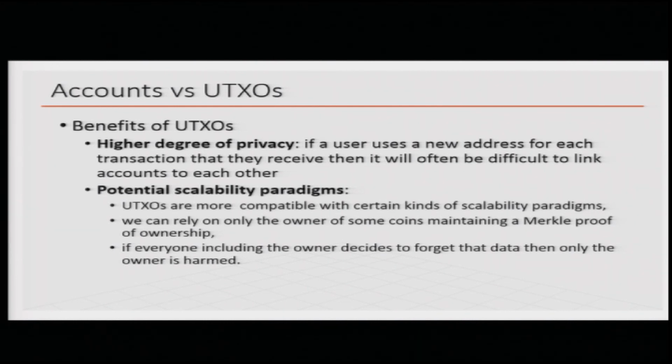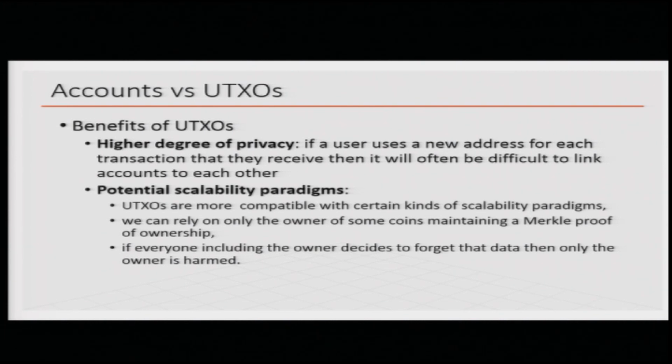So, all those things will be easily tied to you. However, obviously, the account address is actually a public key in some hashed form. Therefore, that does not mean that you will be completely de-anonymized, but in Bitcoin it is even harder to put together all these transactions to attribute all these activities to you. And also, UTXOs are more compatible with certain kinds of scalability, and the owner of the coin maintains the Merkle